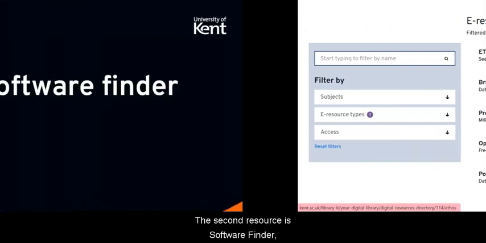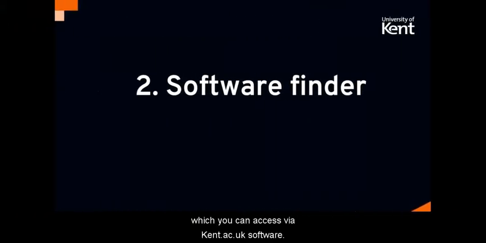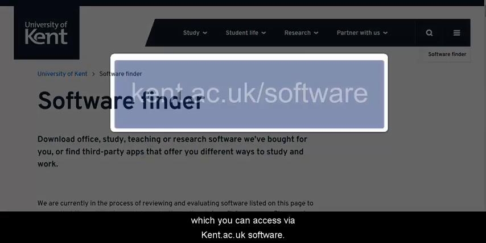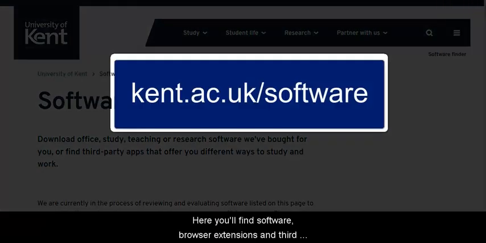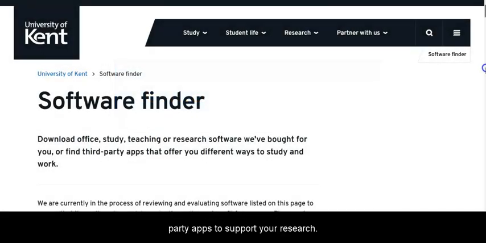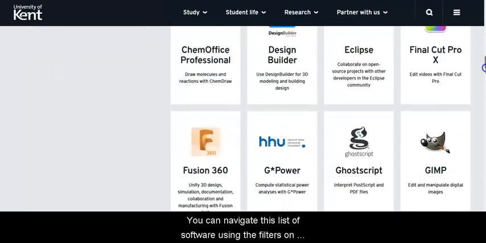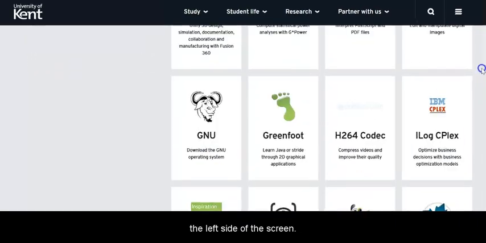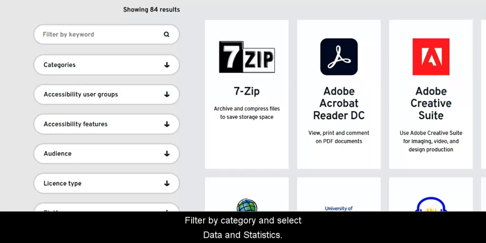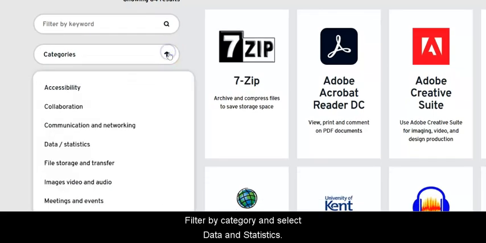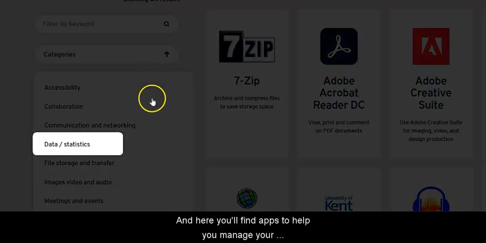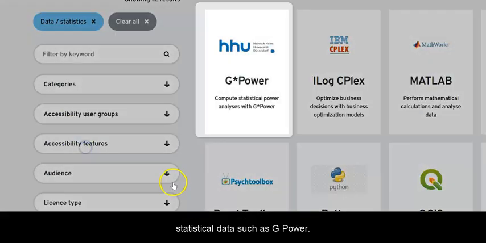The second resource is Software Finder, which you can access via kent.ac.uk/software. Here you'll find software, browser extensions, and third-party apps to support your research. You can navigate this list of software using the filters on the left side of the screen. Filter by category and select Data and Statistics, and here you'll find apps to help you manage your statistical data,